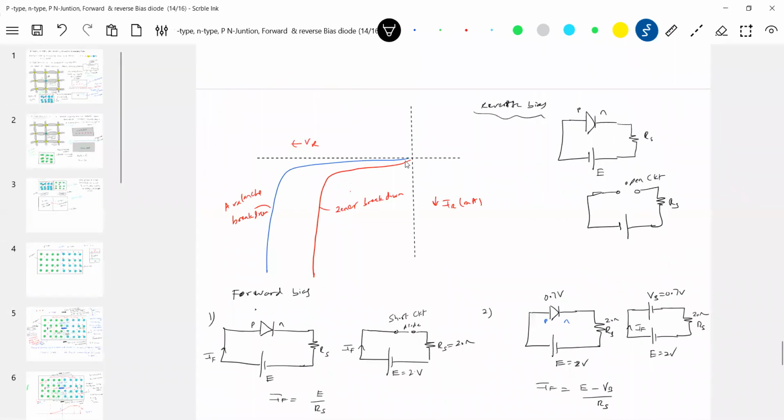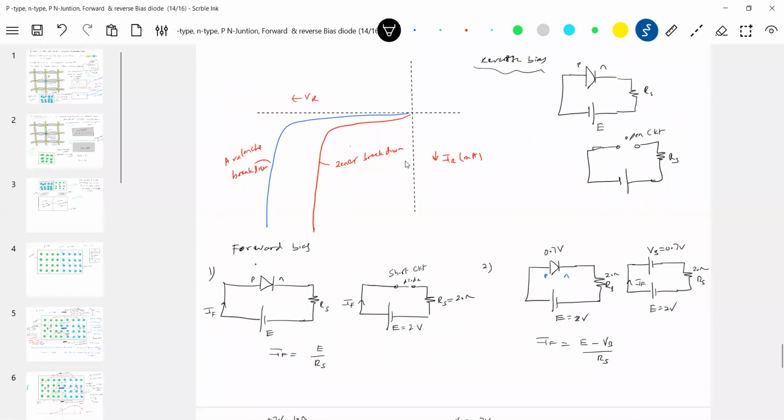When you are solving these and writing the equation for forward current, do you need anything like a depletion layer? Do you need any diode theory? Nothing. You don't need to know the depletion layer, P type, N type, or what a hole or electron is. Just apply KCL, KVL. So numerical solving has nothing to do with the theory we learned. The diode is just a short circuit when forward biased and an open circuit when reverse biased. If they ask anything conceptual, you have to go back to what I covered today. Otherwise, for numericals, nothing to do.